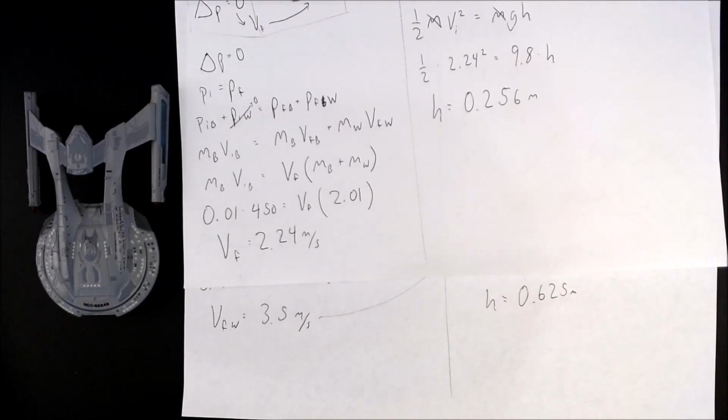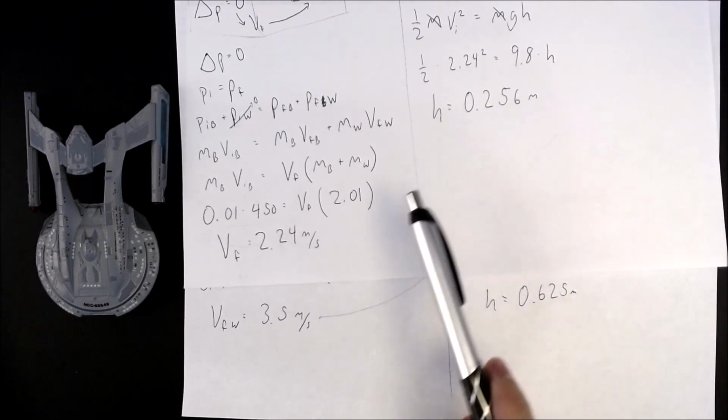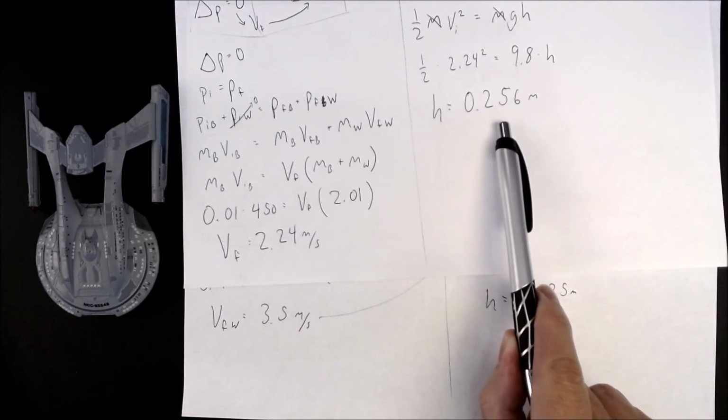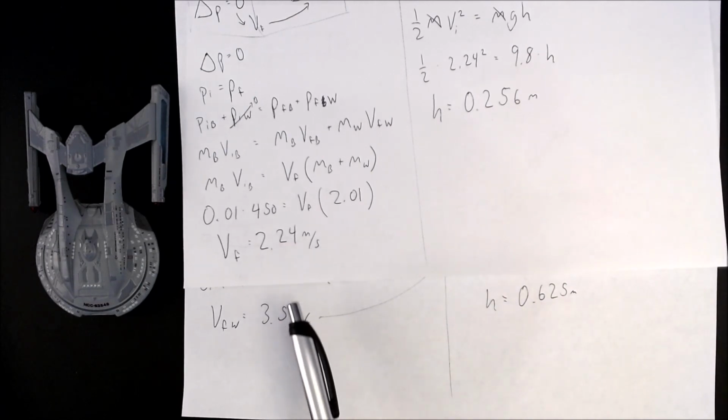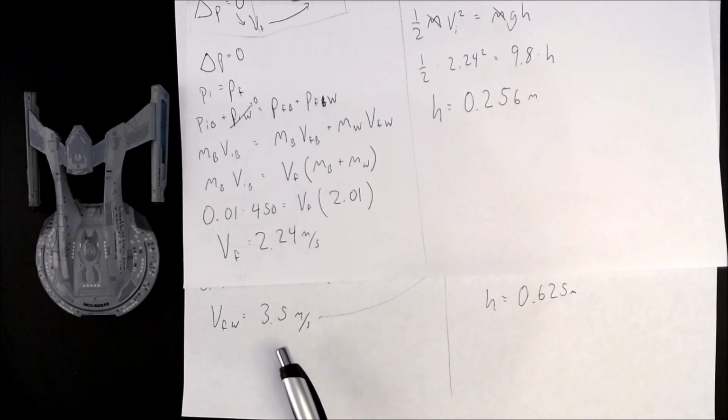Is this surprising to you? If the bullet embeds itself in the block of wood, it is going slower and it doesn't go quite as high up. Whereas if the bullet bounces off the block of wood, it actually goes faster and it goes higher up. That's a consequence of the conservation of momentum. I want you to think about that concept right there and make sure that you understand why this is from a mathematical perspective and from a